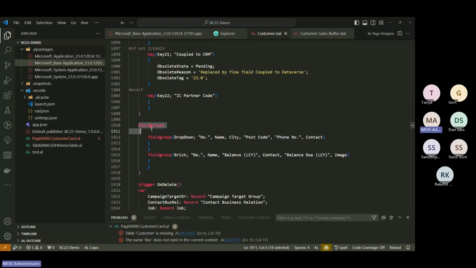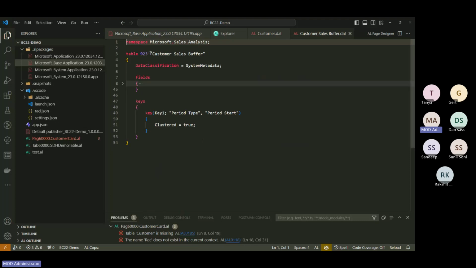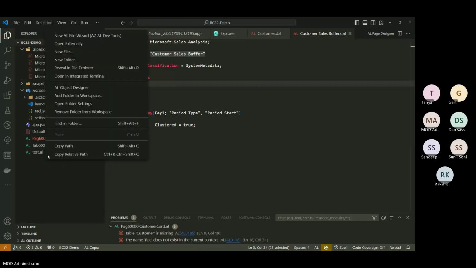Now till BC22, we technically cannot add a new field group using table extension. But starting BC23, if there is not a field group available in a table, you'll be able to add that. If there is already a field group defined like this, the rules of the game will remain the same. So if I have to add, let's say, a field group to this table,